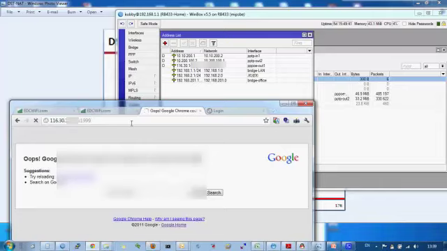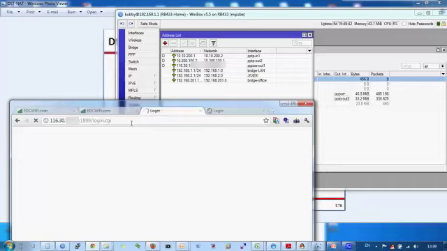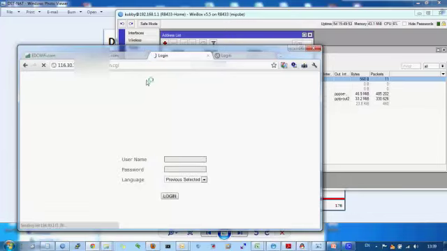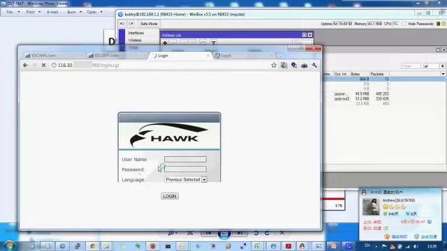If we are outside, not inside our local area network, we can access it using the public IP address. You can see it is a little bit slow. The connection is very slow. Yep, it can be opened. I will try to log in.